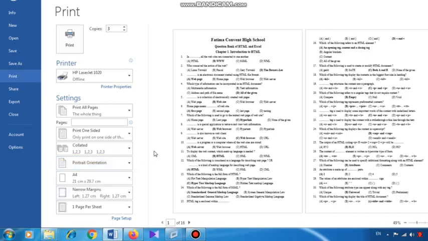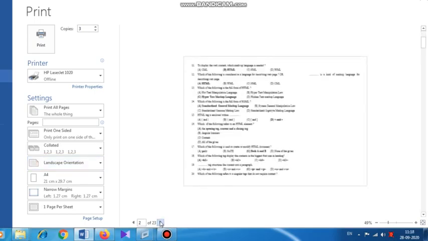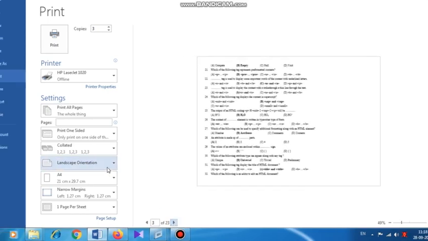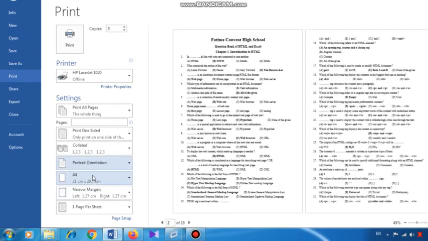Fine. Now if I click on landscape and we check how it prints, it will print this way. See, the page is arranged horizontally. And the matter which was not existing in 16 pages, say it now has 23 pages, you can read here, right? So that is the meaning of horizontally and vertically, that is portrait and landscape. The default setting is portrait.